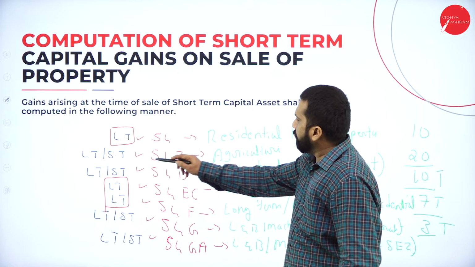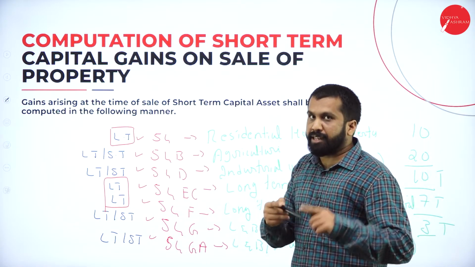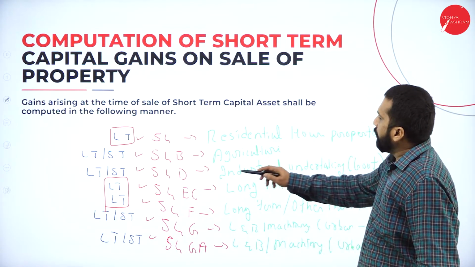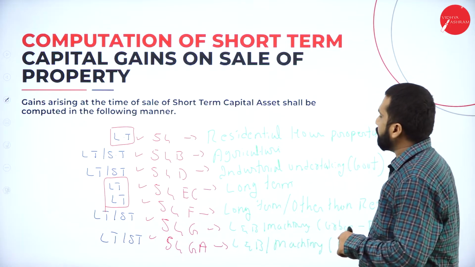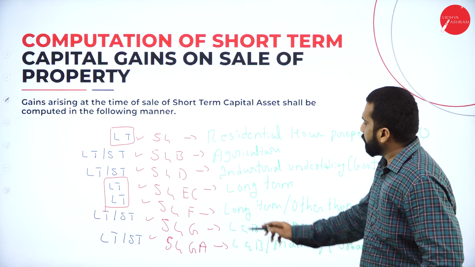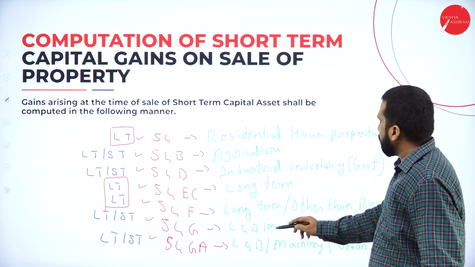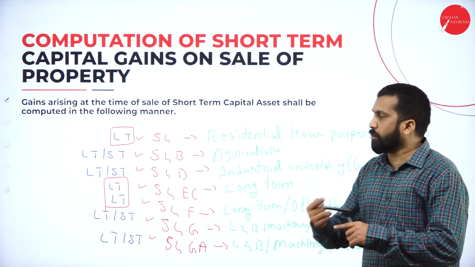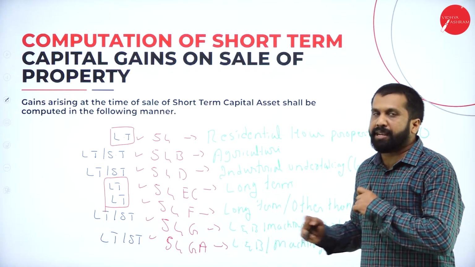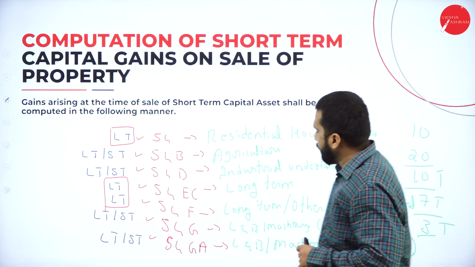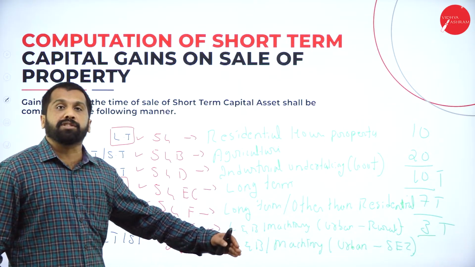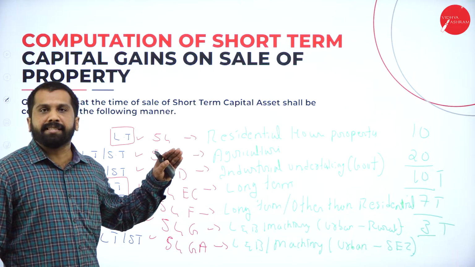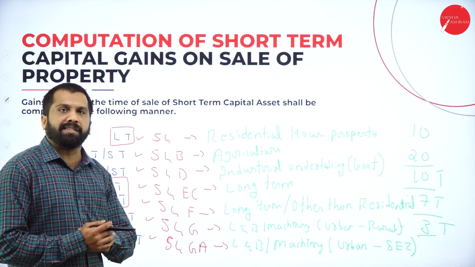See, agricultural land, if you sell, you can take exemption. Any industrial government acquisition, compulsory, you can claim exemption. And any land or machinery, urban to rural area, if you are shifted, you can claim exemption. Any land and machinery, if you are shifted from urban area to special economic zone, you can claim exemption. Clear? What is special economic zone?